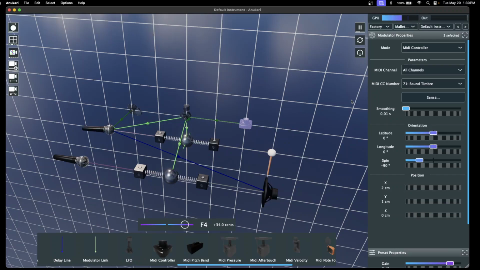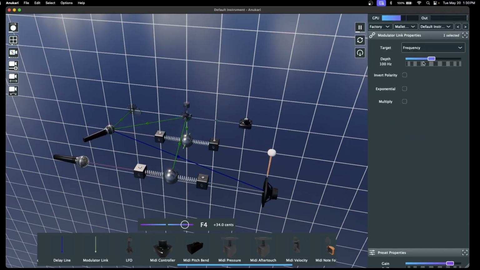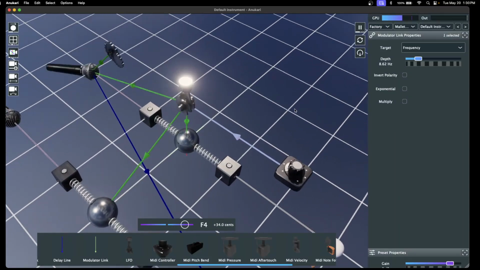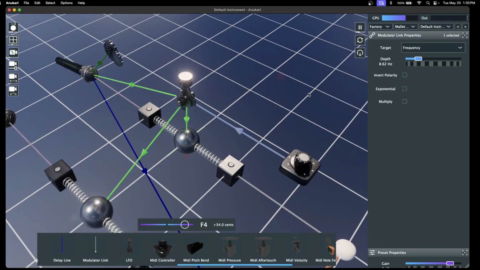Look how it jumps up whenever I turn it. Let me reduce that depth a little bit because 100 hertz is a pretty big jump. Let's maybe go a little closer to 10. And let me zoom in a little bit so you can see the knob actually turning in time with my controller. Yeah, look at that guy turn up there. So whenever I play a note,